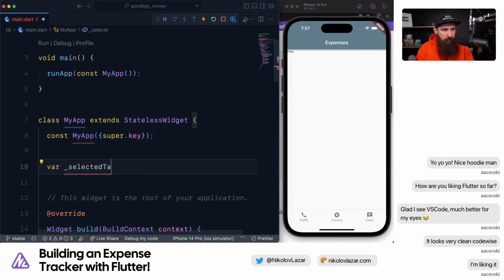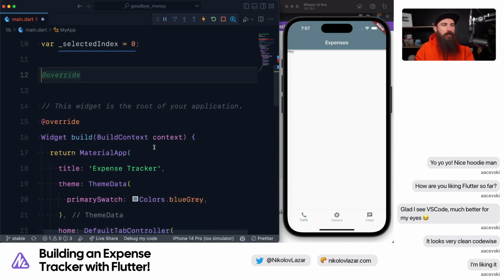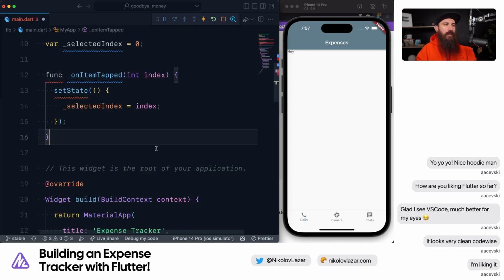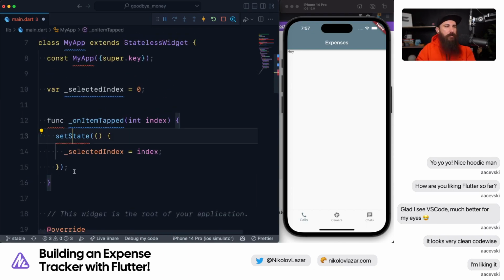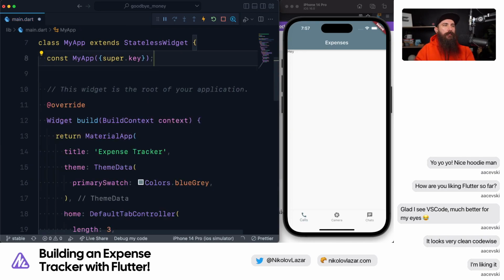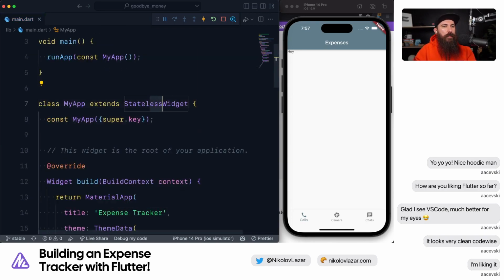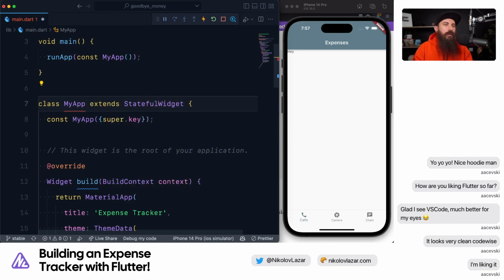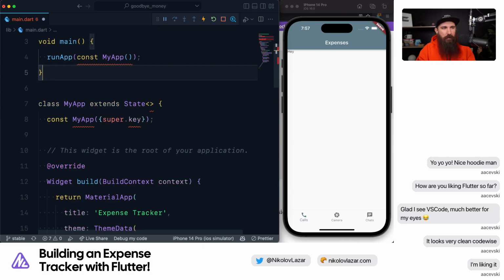Selected index. Let's set it to 0. Now let's do on item tab. There we go. Yeah. Set state. We need to be in a stateful widget. Oh, no, wait a minute. This is the state of something else. We'll create